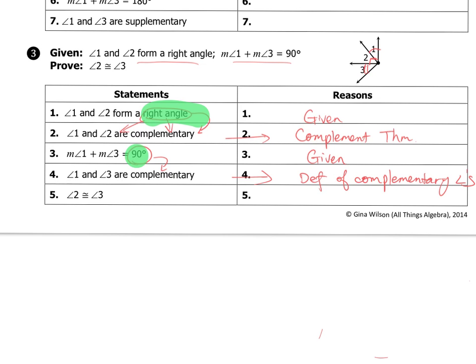So now, the final step between step 4 and step 5. Step 4 says that angle 1 and angle 3 are complementary, and therefore angle 2 and angle 3 are congruent. And why is that? This is because of the congruent complements theorem, which states that